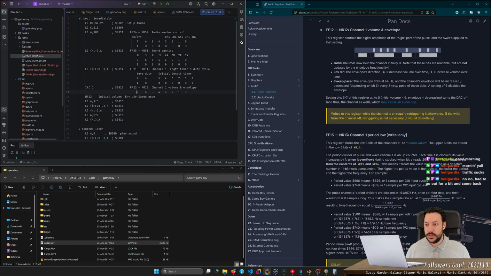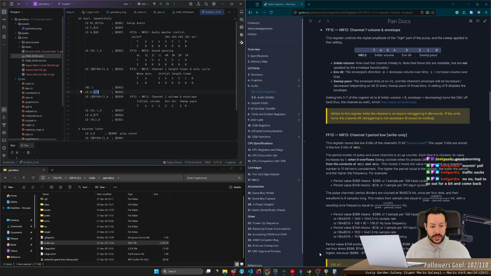Okay, so this. Initial volume is going to be the first 4 bits, and then env there, and then sweep pace. Okay, pretty cool. Oh, it's actually not here. Hold on. It's here, I guess. Okay, but now I'll put the F3.